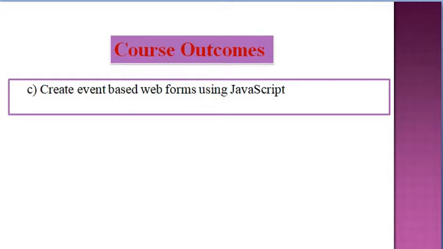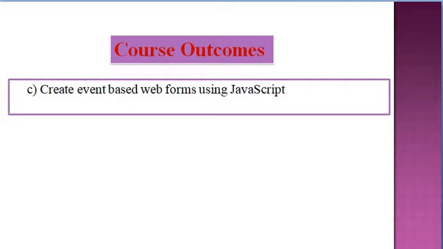Students will be able to explain, after completion of this third chapter, the uses of forms, the properties and methods used in a form, and design a simple HTML form for filling the information for the registration of a student.